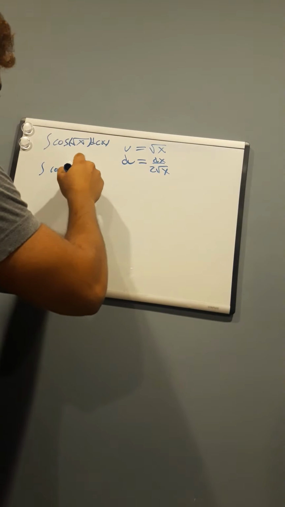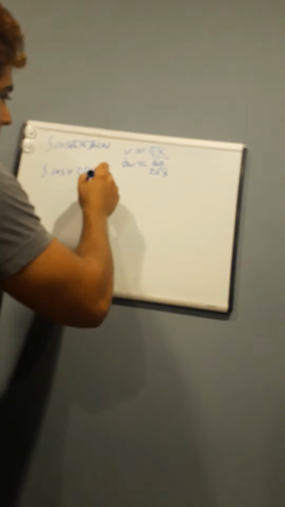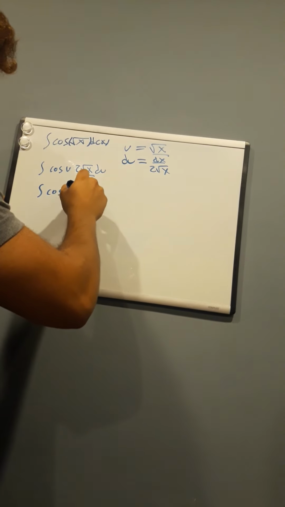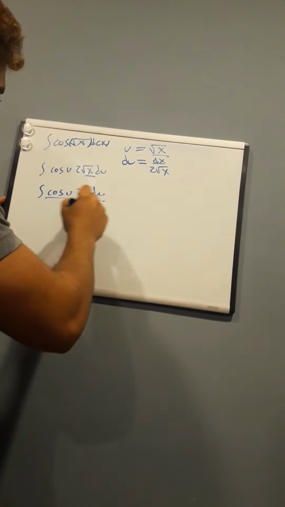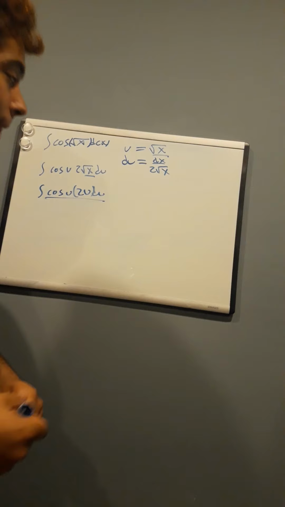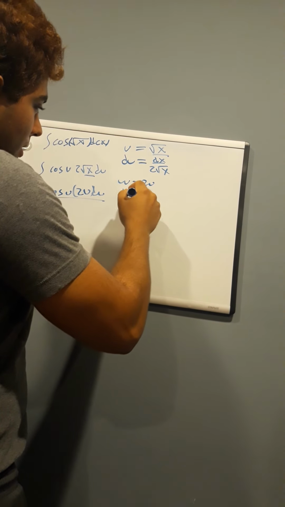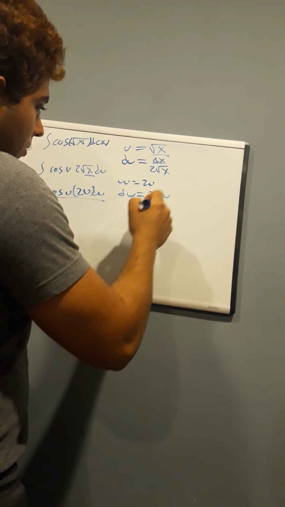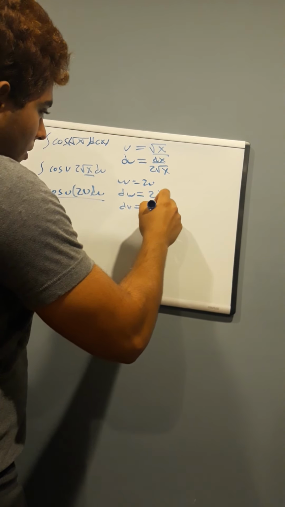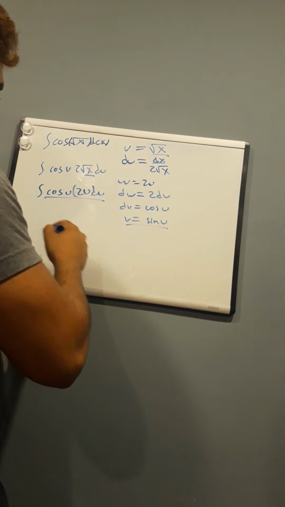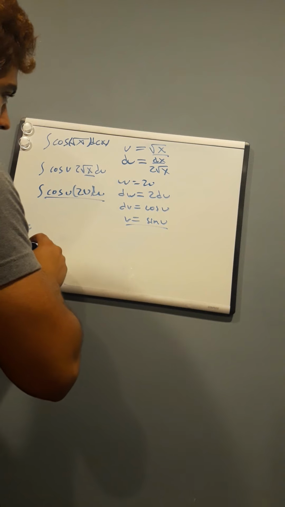So now we get cosine u times 2 radical x du. This and this are congruent. Hence, cosine u times 2u du. That looks a lot like a product of two functions that you need to integrate. So then we have u, or I would just call w at this point, is equal to 2u, dw is equal to 2 du. dv is equal to cosine u, and v is equal to sine u. So now with this in mind, we're going to have